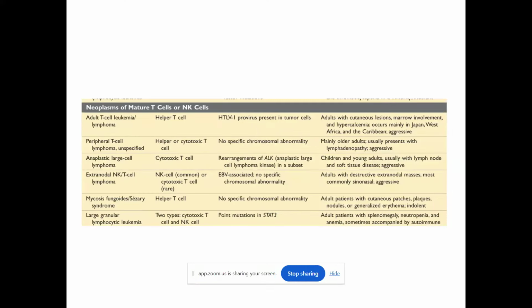where the lymphoma is produced and what genetic mutation produces these T cell or NK cell lymphomas. They are adult T cell leukemia or lymphoma, peripheral T cell lymphoma, anaplastic large cell lymphoma, extranodal NK T cell lymphoma, mycosis fungoides, Sézary syndrome, large granular lymphocytic leukemia. So many NHL lymphomas are there. We will see only